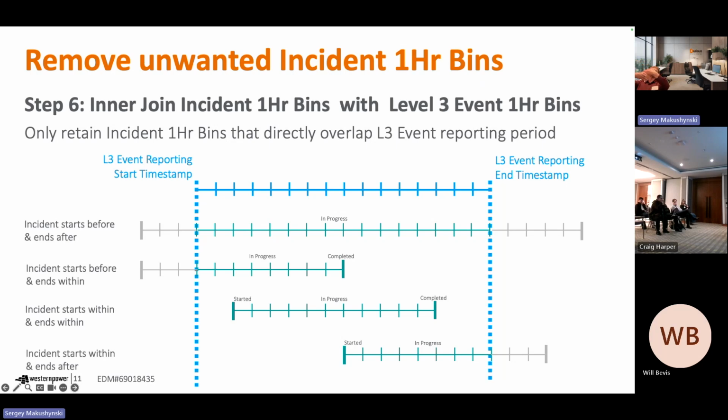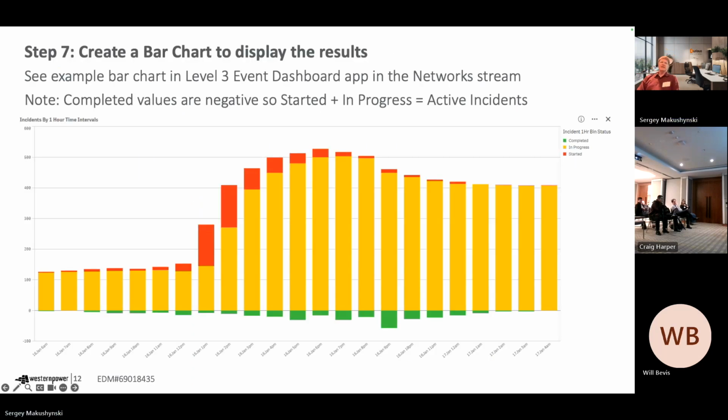If I join those 2 together, doing an inner join, what that essentially does is it chops off all of the grey bits. So you're only left with the time intervals that are in between the time periods for the level 3 event. And you can see here that those statuses will follow through into the data model, so you know how many are in progress, how many started, and how many completed. From that, it's actually fairly straightforward then to just build a chart